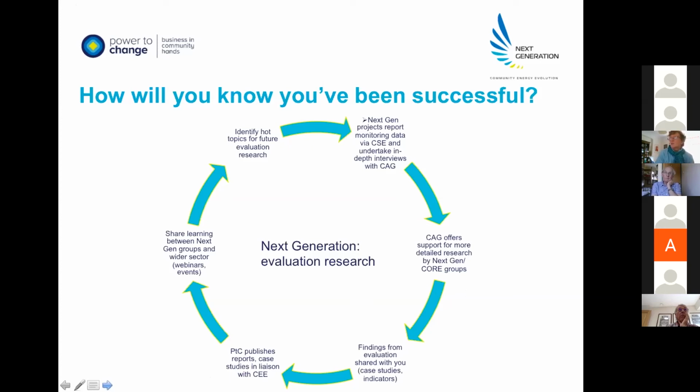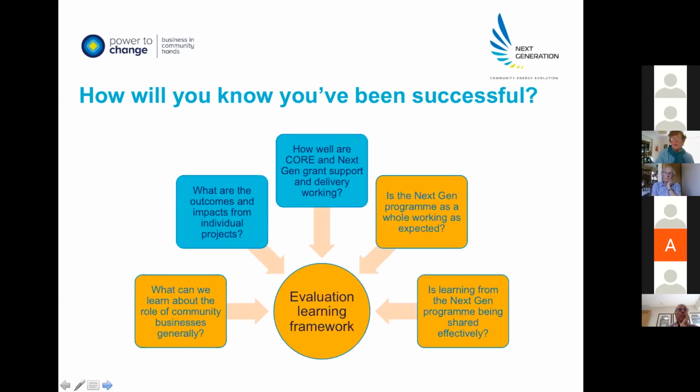So Saskia, if you could show slide 24. I've highlighted that there are 5 elements in the evaluation framework, and I've highlighted in blue the bits that you'll have most to do with. So moving around from the left to the right, some of what we're looking at relates to Power to Change's wider hypotheses. So kind of, in a way, their theory of change, but for Power to Change as a whole.